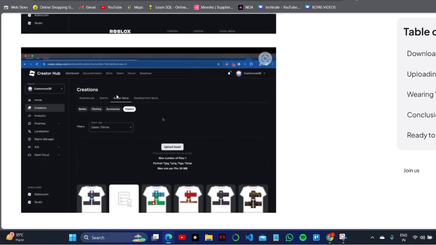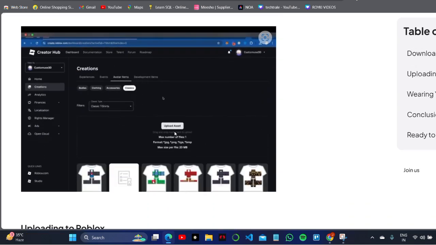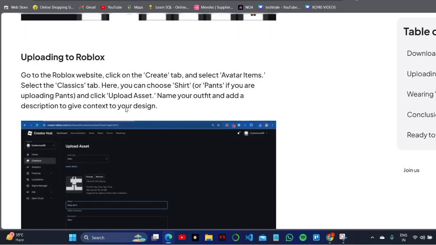On the home page, you have to go to the Creator Hub, and in the Creator section, you will see there is an option to upload a design. Now you have to click on the Create tab, select the Classic tab. Here you can choose the shirt or pant if you're uploading the pant, and then click to upload the asset,